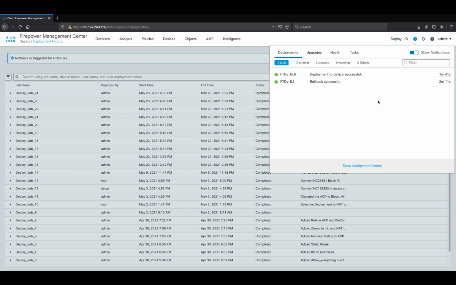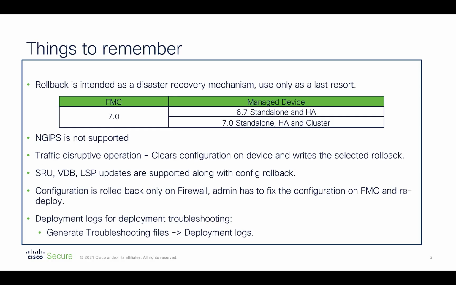The rollback was successful. Few things to remember. Rollback is intended as a disaster recovery mechanism. In production, use it only as a last resort. It is strongly recommended to modify policies and deploy changes to fix the issue. Minimum version required of FMC is 7.0,